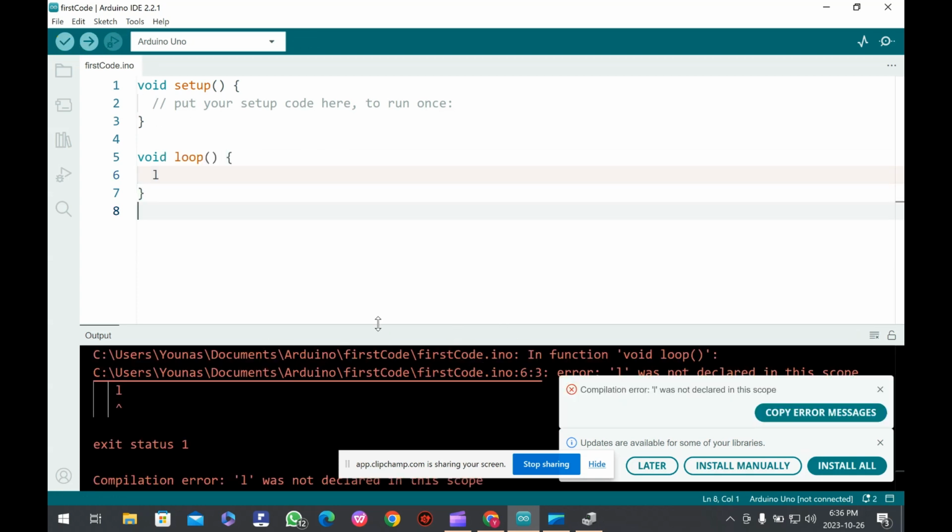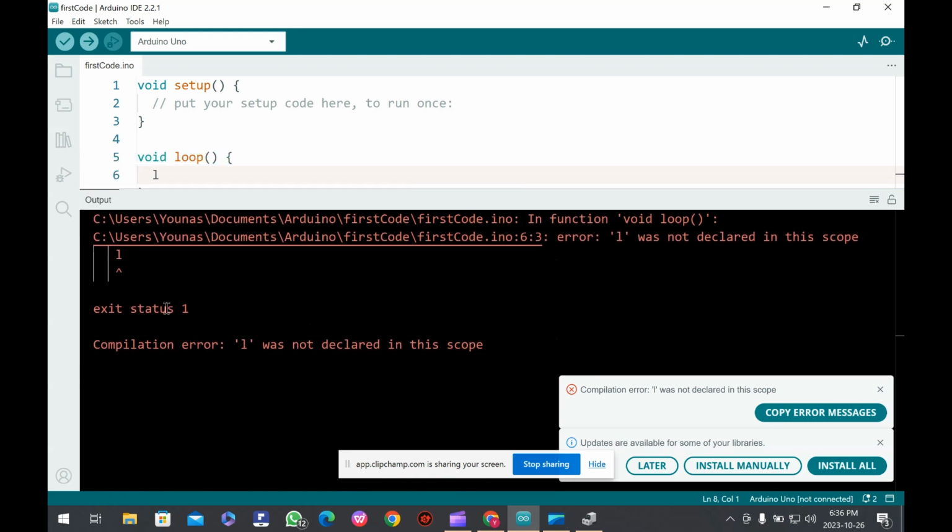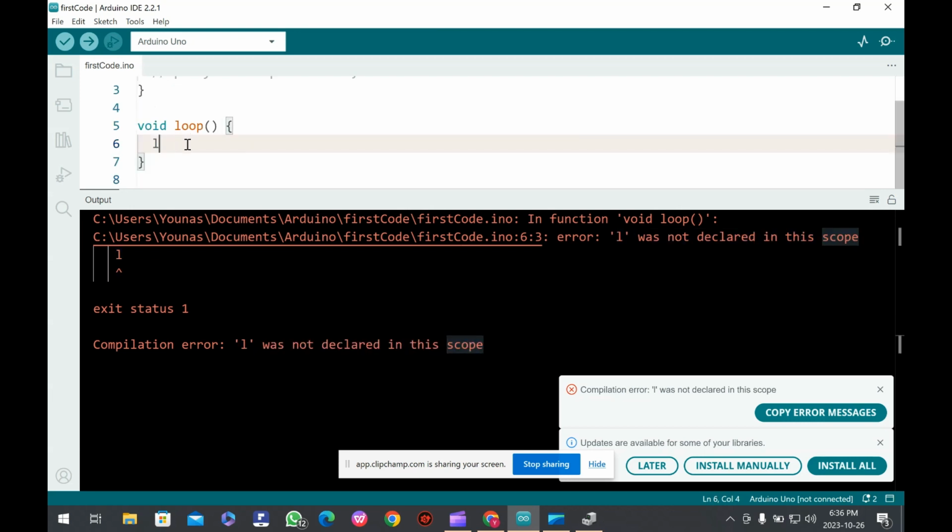So you can see here an error message indicating that L is not defined. L is not declared and it is being used undefined. So first we will define L, what is L, and what we are doing with this. Basically this button is used for verification of your code, and on the right side you can see here a